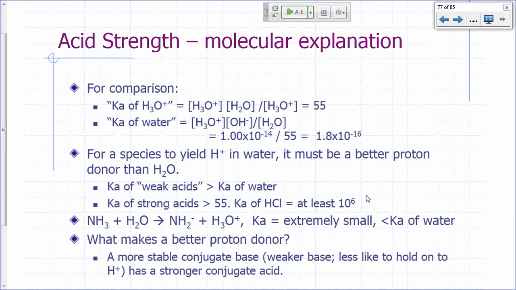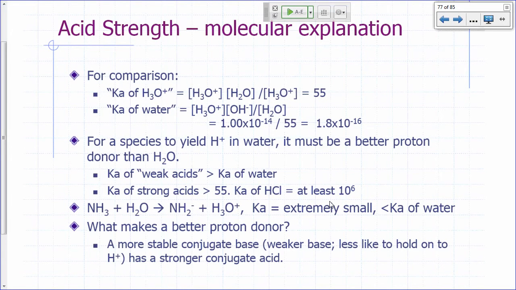This time we're going to talk about acid strength. We said before that some acids are strong, some acids are weak, some compounds don't donate H plus to water. Why is that? What's the basis for that? We just sort of accepted that. We use Ka as a way of gauging whether an acid is strong or not, right? So before we go into the actual molecular explanation, let's first have some kind of basis for comparing the strengths